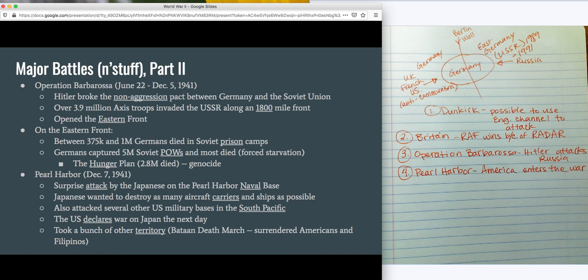And that's, for lack of a better term, essentially what happened here, is that the Japanese hit the Americans very hard at Pearl Harbor. Very, very hard, and it's very, very tragic. And they did significant damage to the U.S. Navy, but the U.S. Navy was able to turn it around really quickly and come full force, and the Japanese really weren't quite prepared for that level of quick turnaround. So, the U.S. declares war on Japan on December 8th, and Japan actually takes a whole bunch of other territory,